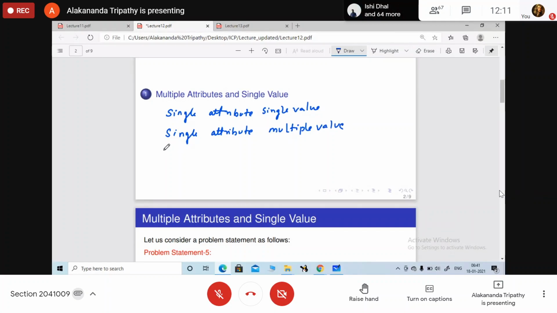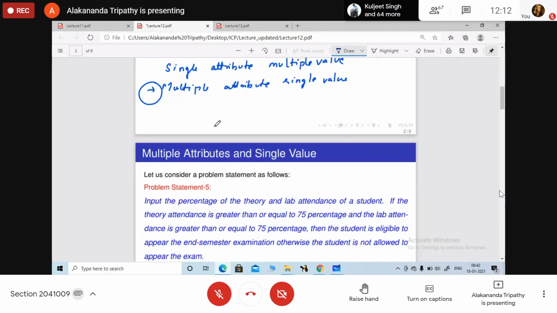Now we are going to discuss multiple attribute, single value.